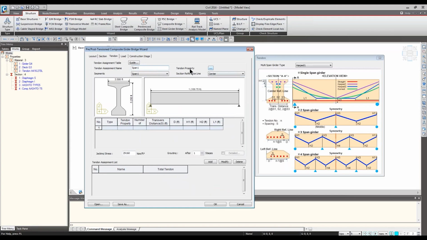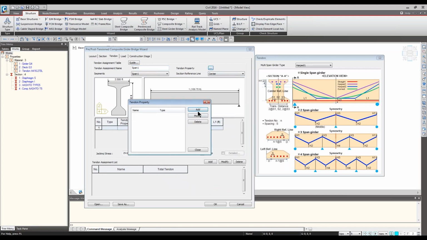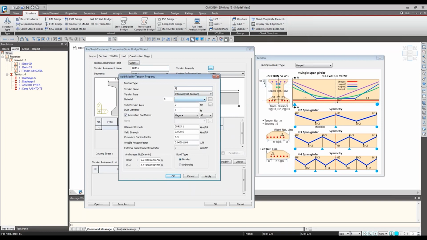Next you have to define the tendon property. Click on add. And right here you can pick if it's pre-tension, post-tension, or external. And for material, remember we defined steel, so simply pick it.